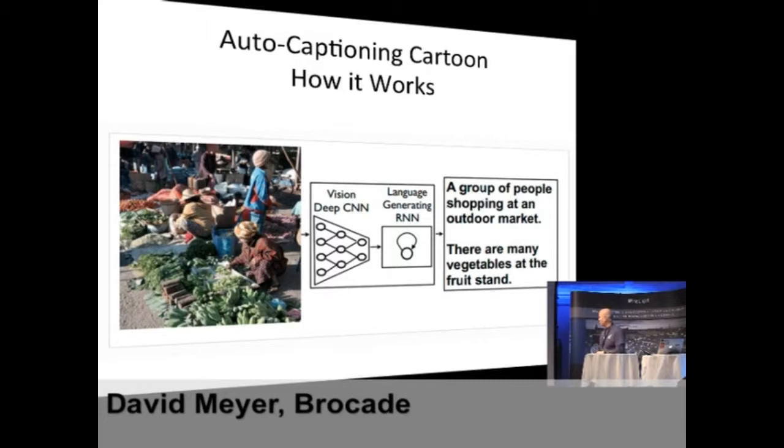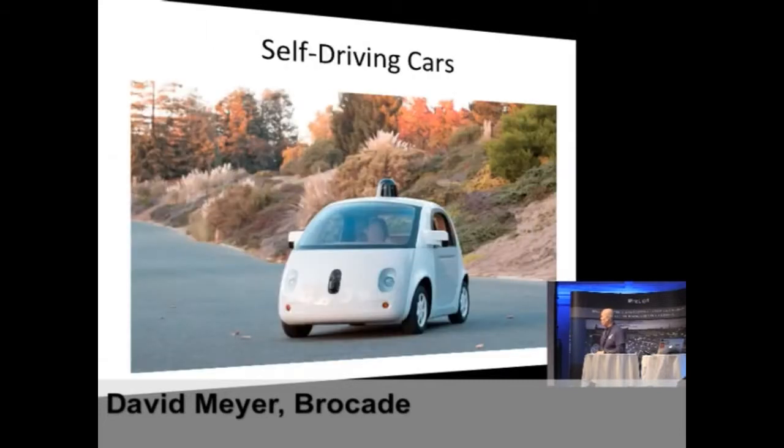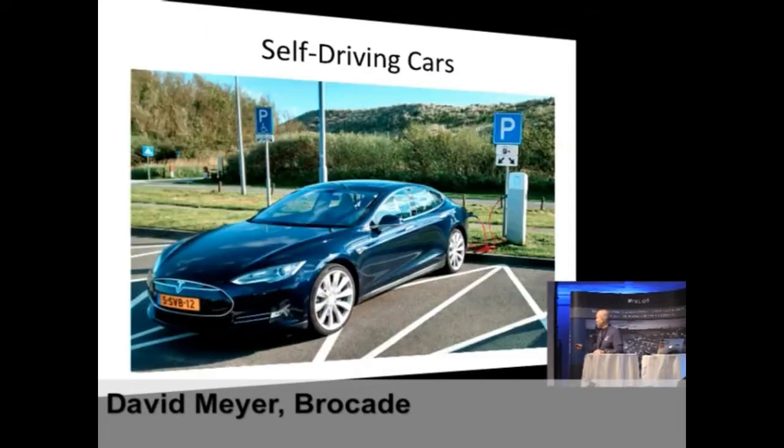How about this one? You think about self-driving cars. Hey, how many people saw the Tesla stuff today? So Tesla upgraded all their software, right? And now their cars are self-driving, or almost, semi-autonomous. What do they call it? There's a name for it anyway. So it's all over social media, but it's using the same technology. So this is the Google car. I'm not going to buy one of those. I'm going to buy one of these, or the newer one, right? But they're all using the same technology.